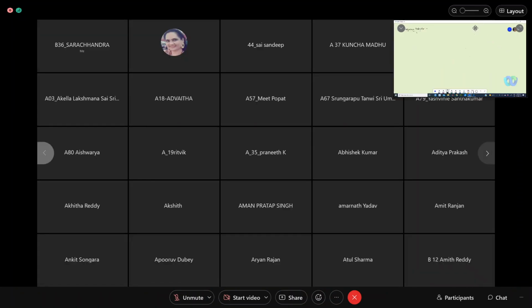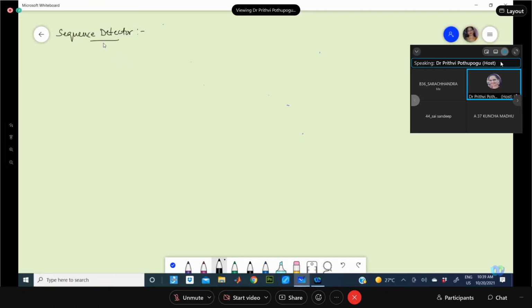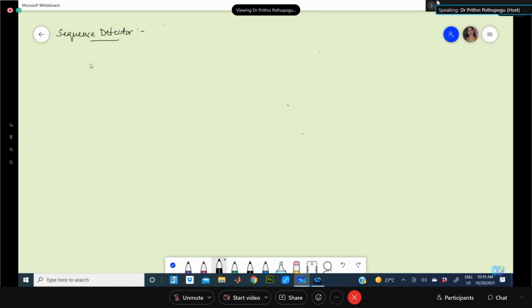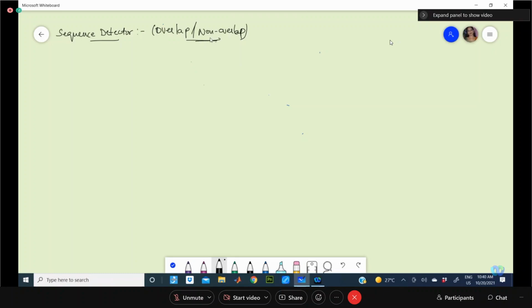So last class we have seen the aspect of the sequence detector, not the design, but just understanding what that is, like the overlapping and non-overlapping concept. So here we'll be using the excitation tables. Use of excitation tables comes into the picture. And by default, we try to take this as a synchronous design, wherein for each clock, one bit will be taken.